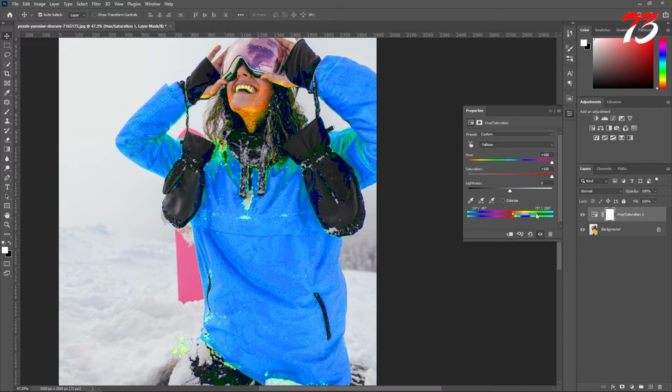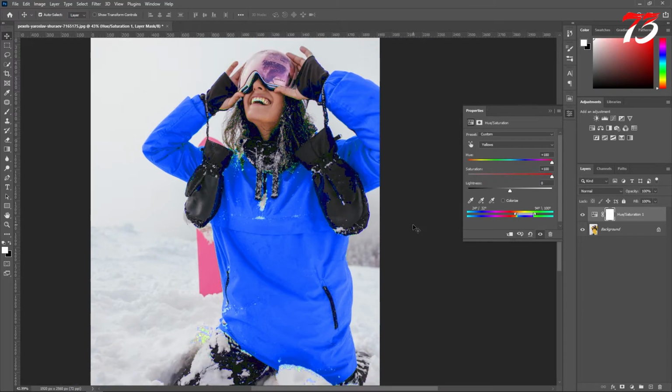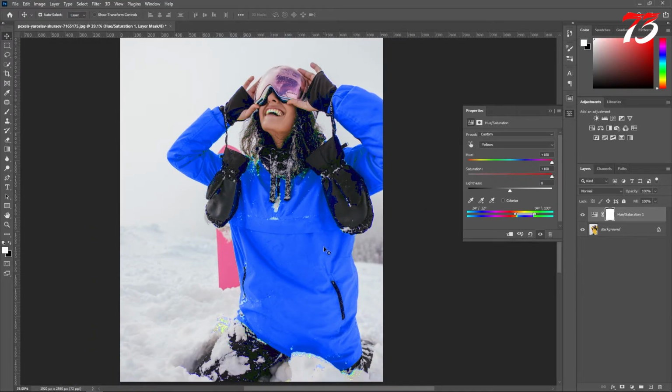Now bring this to end closer or further depending on your selection. So in my case, we need to make it more closer. Play with the selection until you get a perfect result, or if you have any extra areas, we can mask